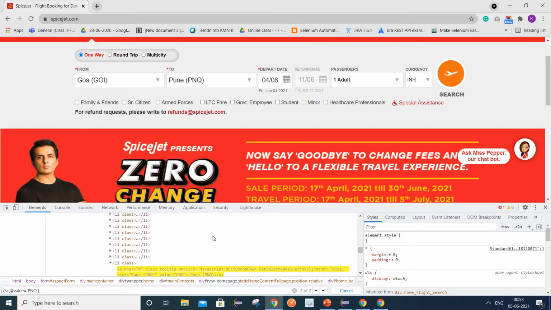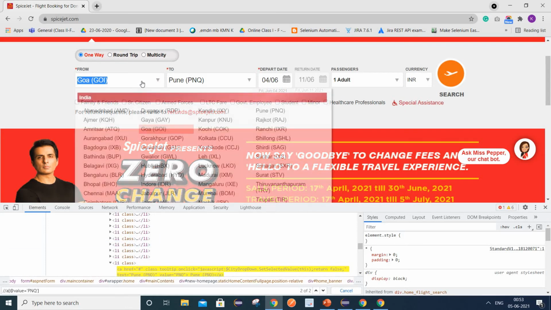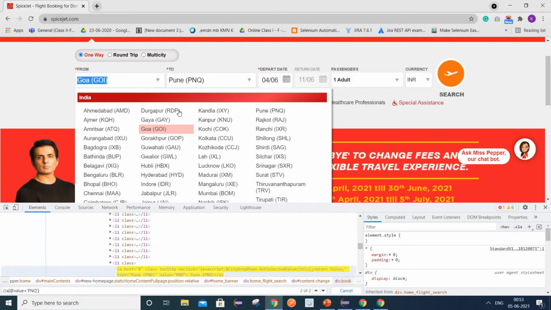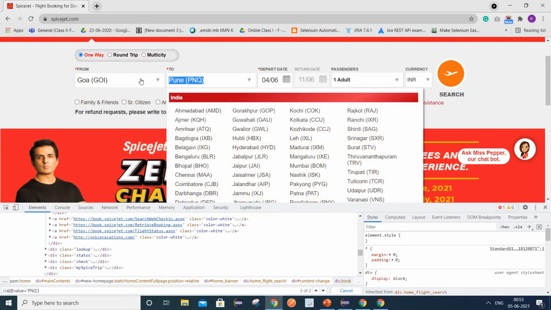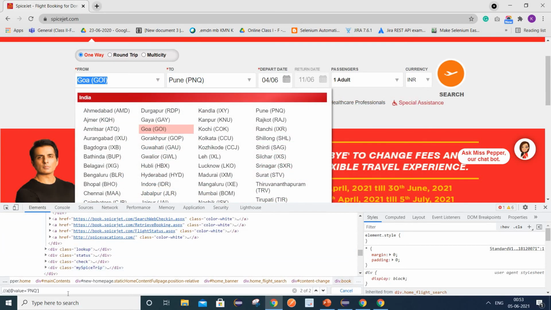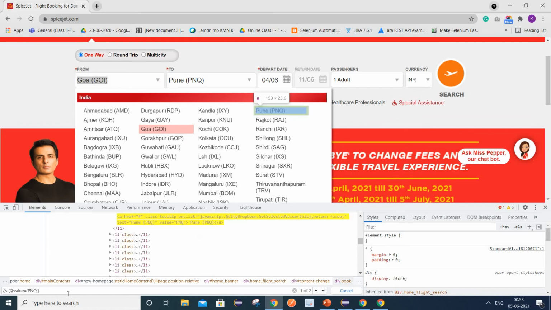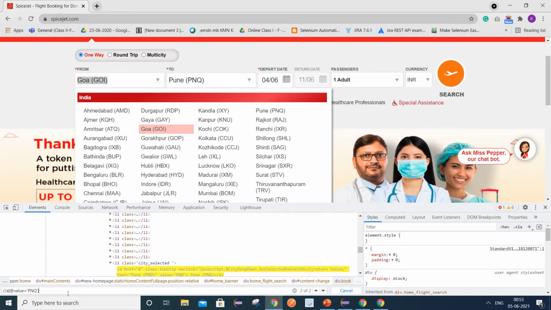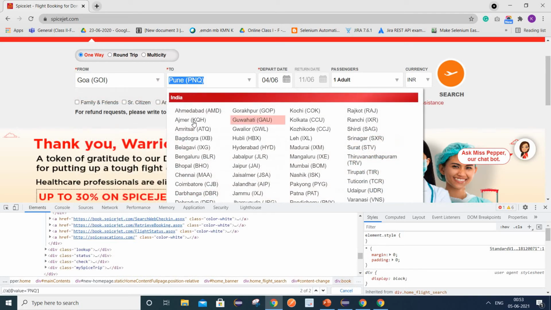Let me open this one. So this is the first PNQ, and after that it is selecting the PNQ from this drop down as well. So I hope now you got the point why it is a problem here.